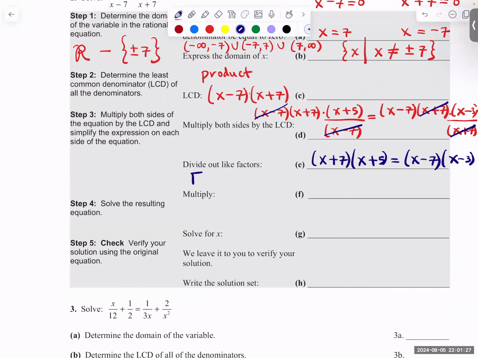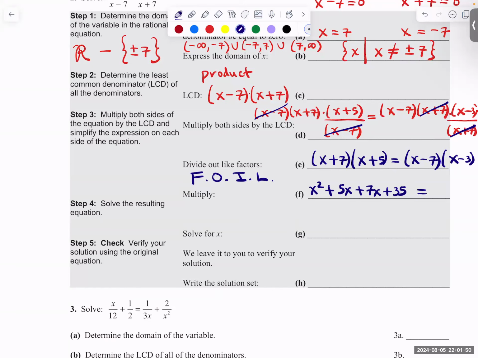Maybe we would use the FOIL method, product of the first terms, product of the outer terms, product of the inner terms, and product of the last terms. So x times x, x squared, x times 5, 5x, 7 times x, and 7 times 5, 35,